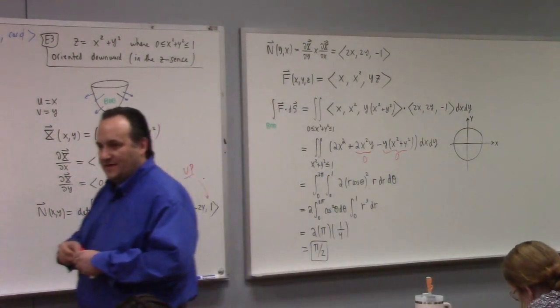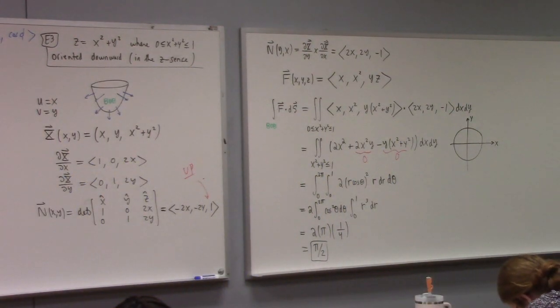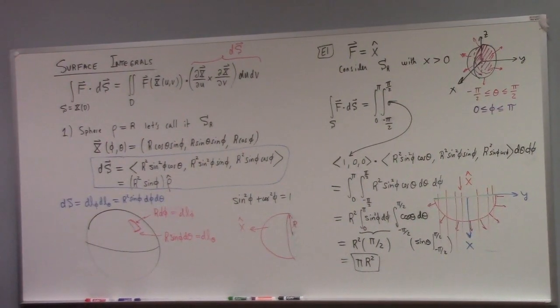Now, that is not always the case, right? I mean, the calculation of flux is a double integral. It's a double integral that comes after what? After the cross product, right? So,